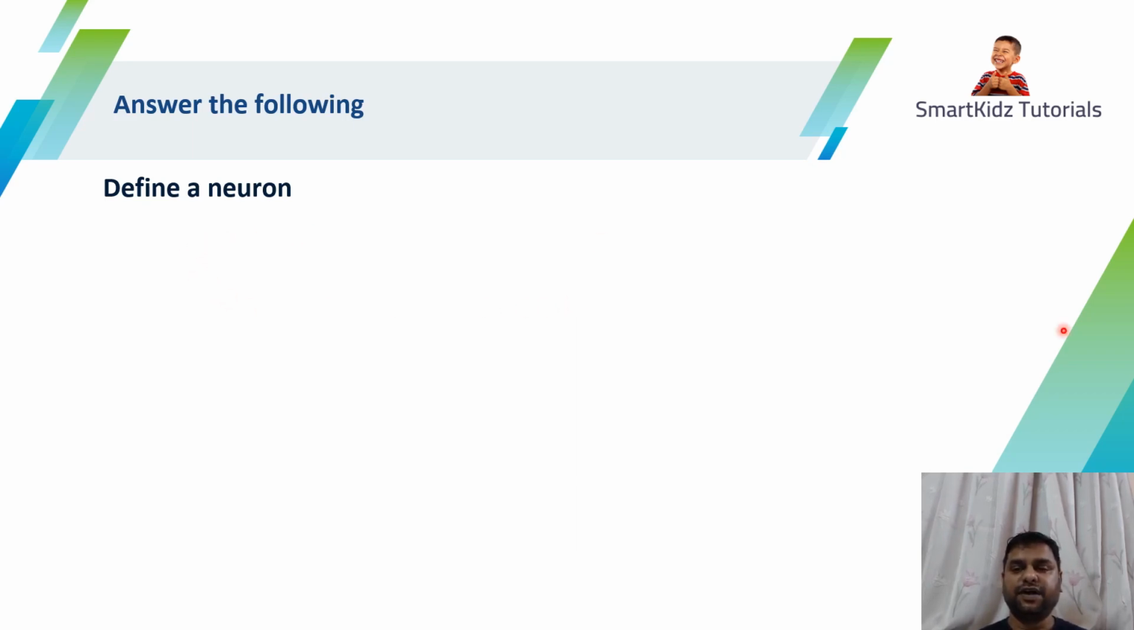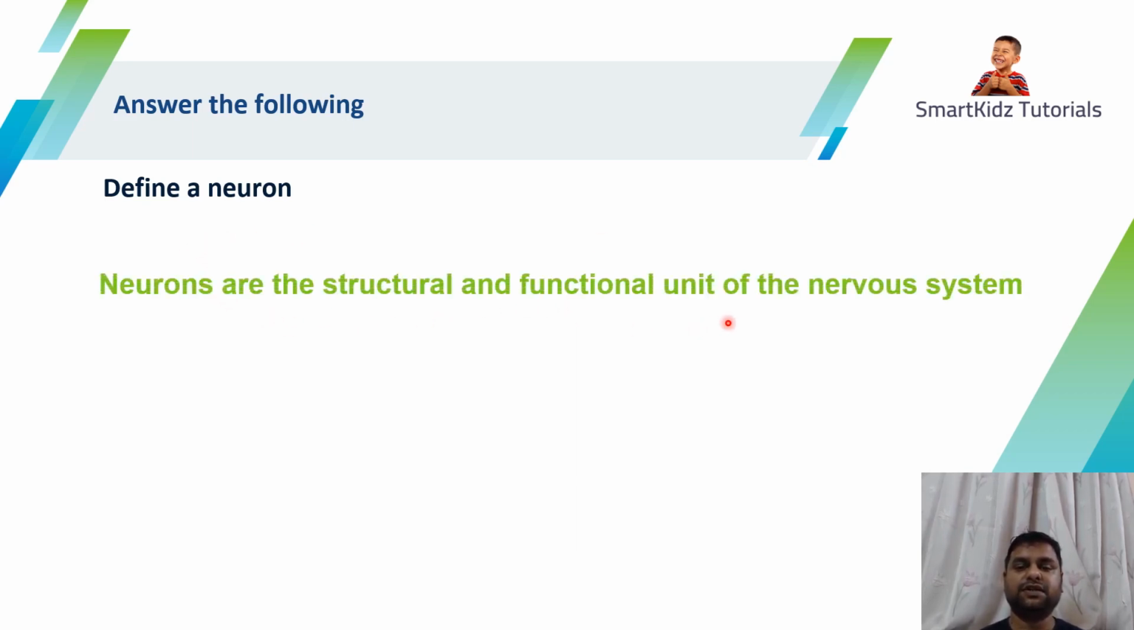The question is, define a neuron. So neurons are the structural and functional units of the nervous system. Next,